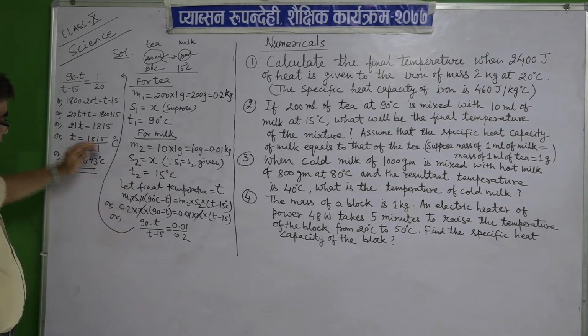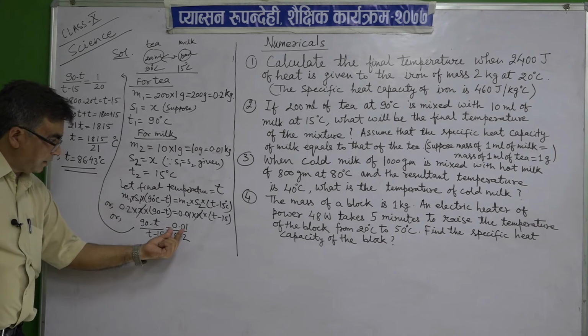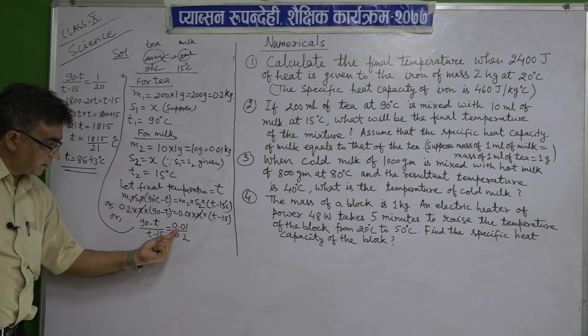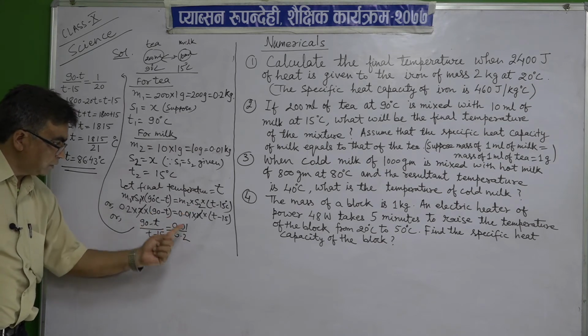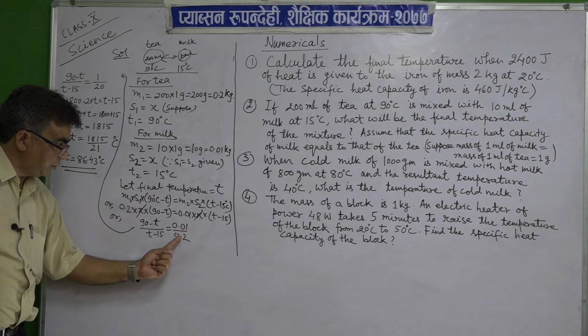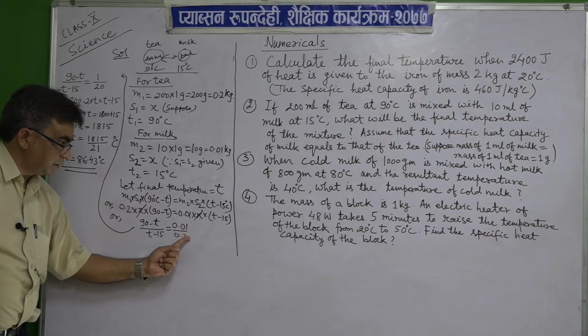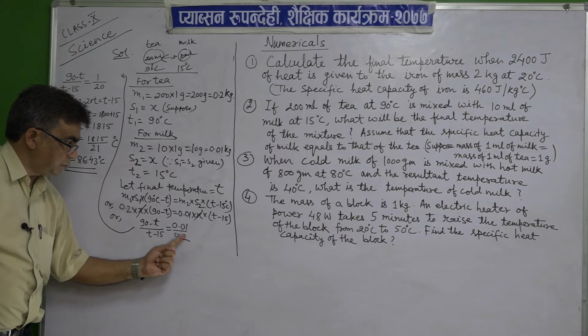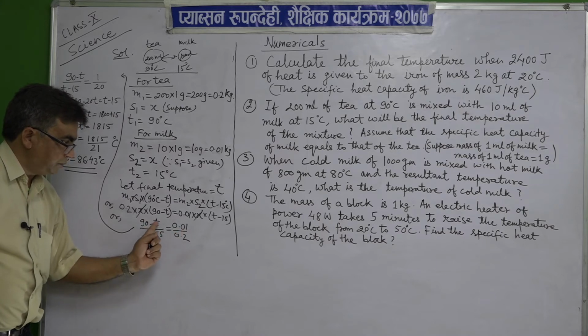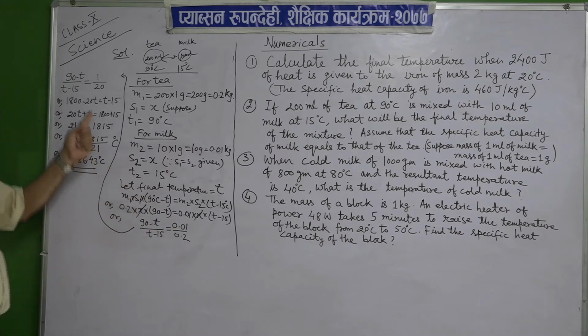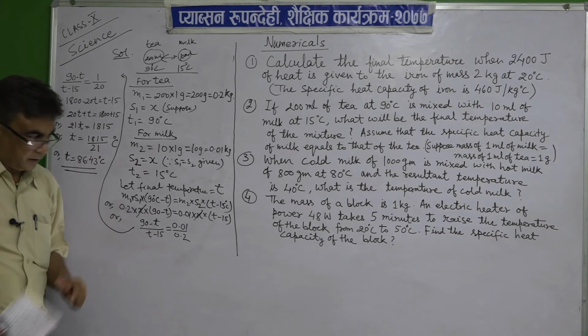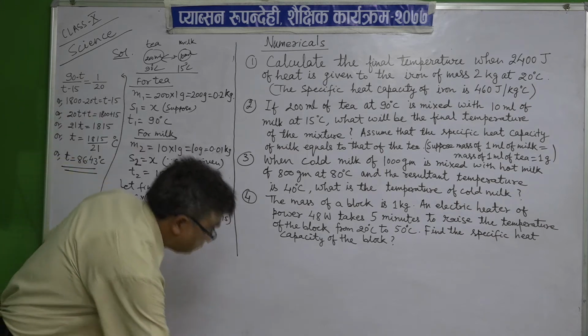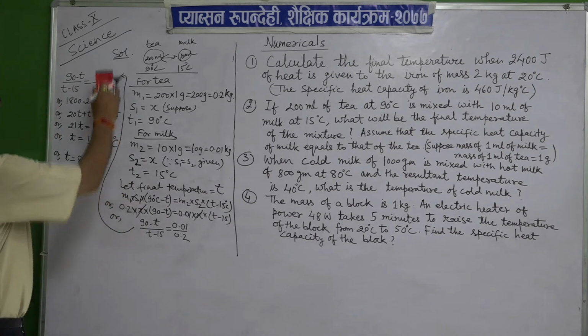No doubt. Here I have removed this decimal. How? 0.01, so 0.20 I have written. So, now after the decimal there will be 2 digits, we can remove the decimal. So, 1 upon 20 it will become, that I have written. Now, cross multiplication, very simple calculation, here you can divide, it will come like this. Okay. Now, let us go for number 3.